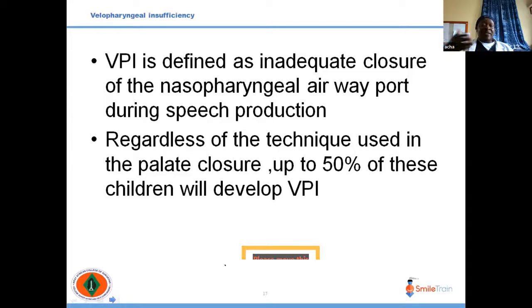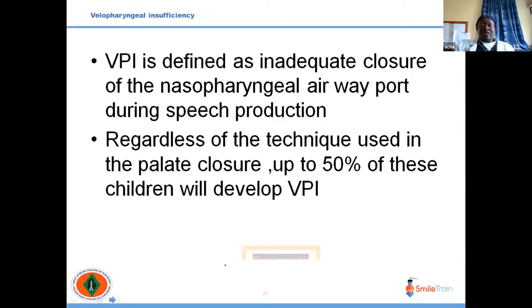And that is why it is recommended that cleft palate repair should be done as early as possible, because if you don't do it from the age of 1 year to about 10 years, then that speech cannot be adequately corrected, except that now you have to send the patient to the speech and language pathologist to work with the patient. And in the African setting, we know that most of the time we don't have these services. So it is good to aspire to do your cleft lip and your cleft palate surgery before the age of 10, so that speech is not adversely affected.